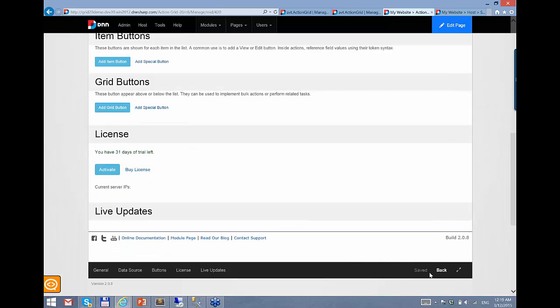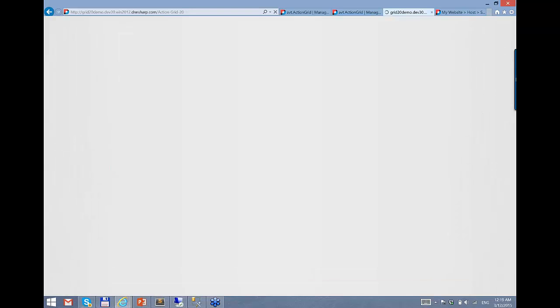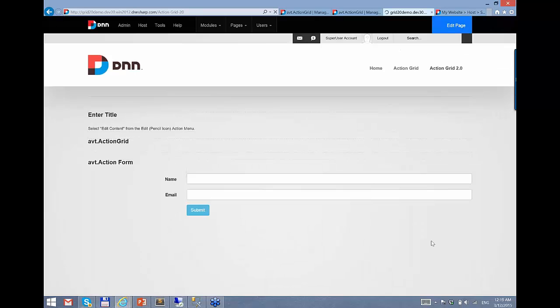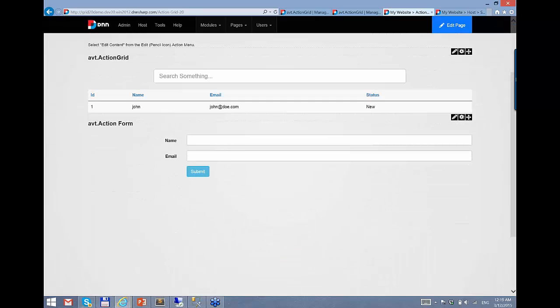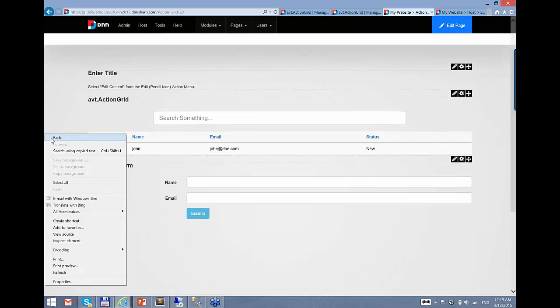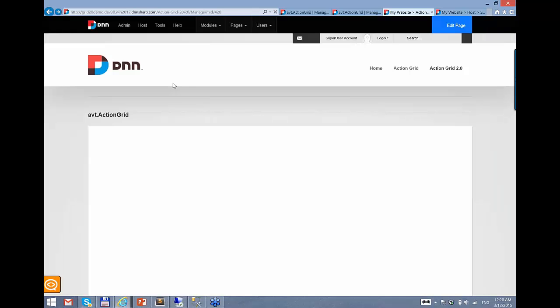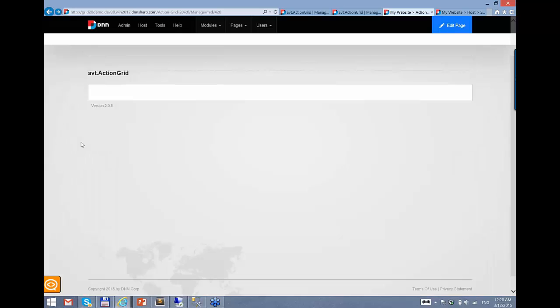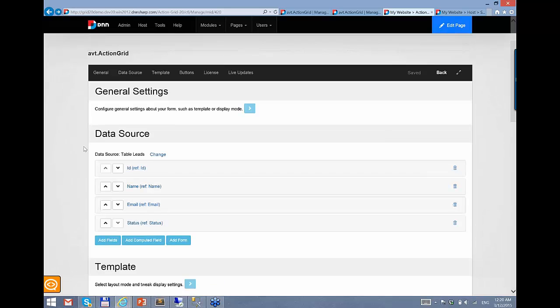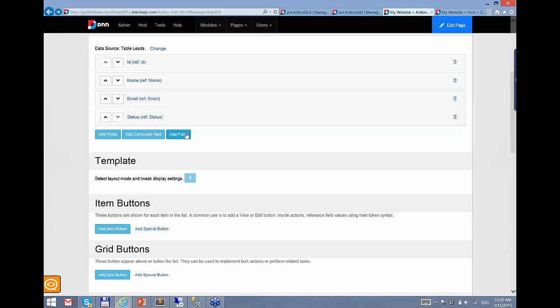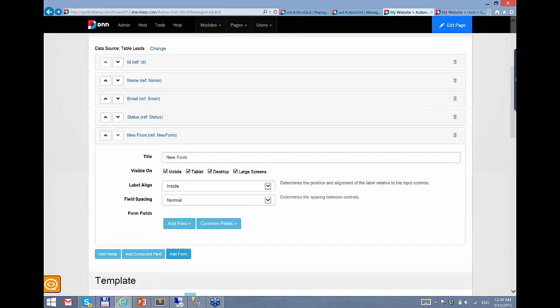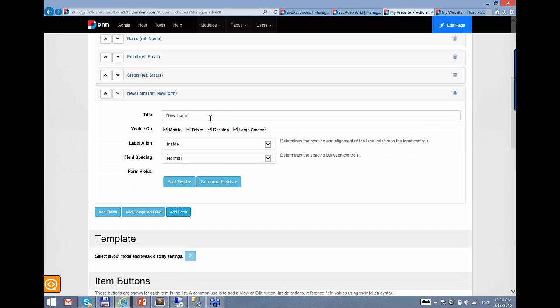So what I have so far is basic Action Grid functionality. I have a grid that just displays data from a table, and I can search and filter that data. Right now I only have one entry, which is John, that I've submitted. And now the interesting part is that I can add a form, which, let's say, has a drop-down. That is the status. So I can change the status directly from the grid. And notice that we have this new button here called Add Form. And this